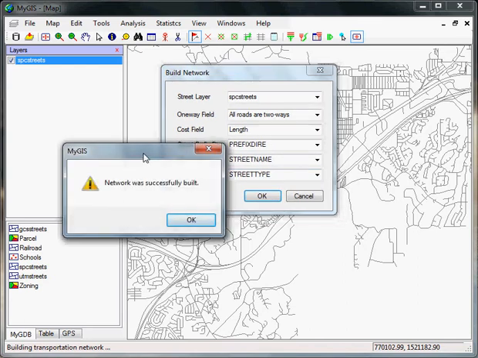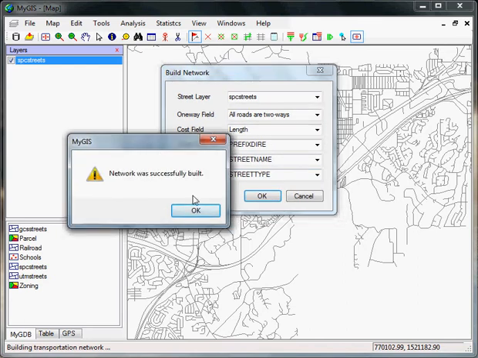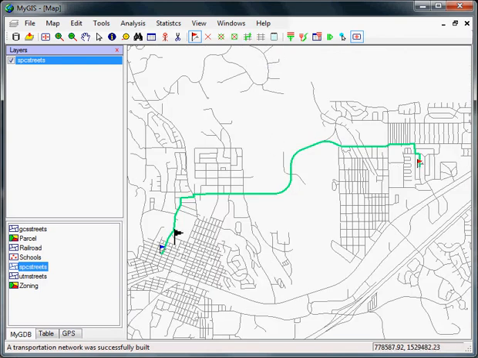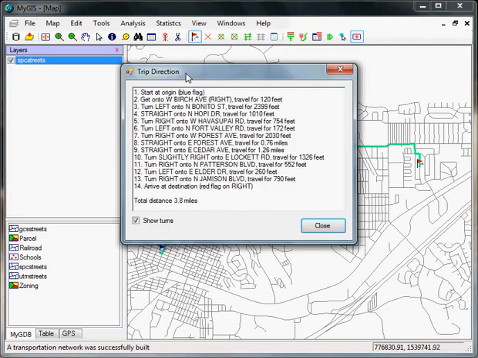Alright, a network has been successfully built. Now we are ready to find the paths. So let me set an origin and a destination, and click Find Path. So the shortest path between the two locations is found, and you can click the trip direction to find the